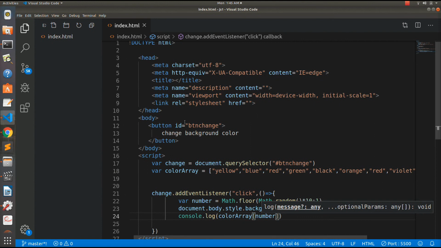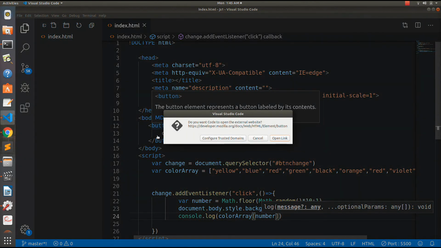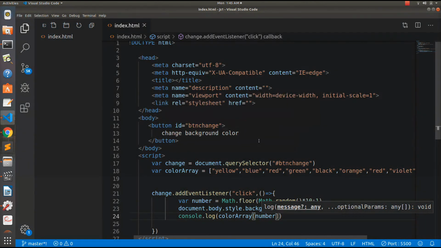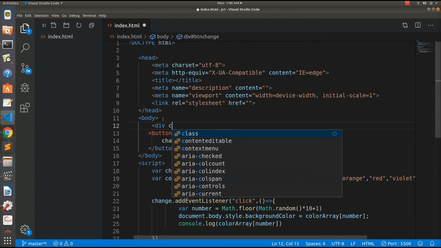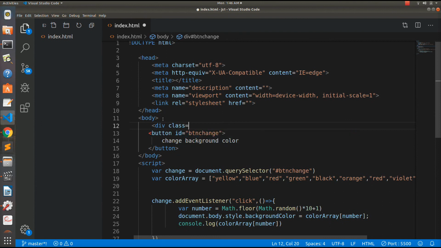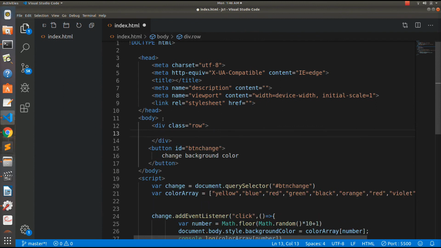Just position this button to the center of our screen, and for that I'm gonna be using our Bootstrap classes. So I'll give this a div tag and give this a class of row, and inside this we are gonna give another div with another class which is column2.